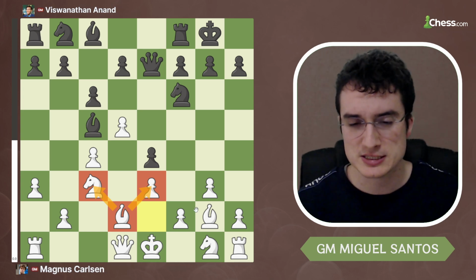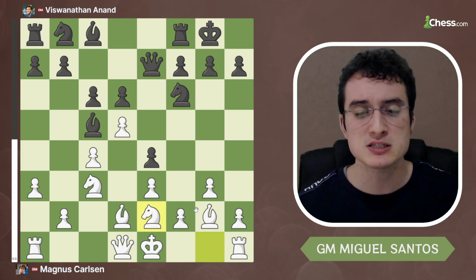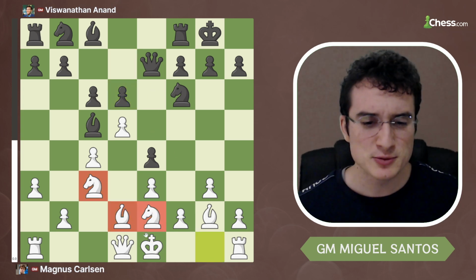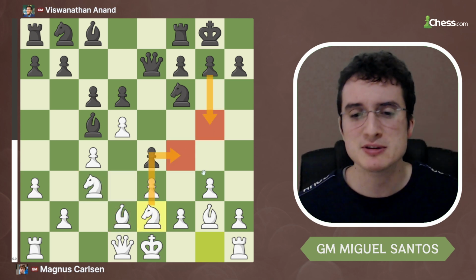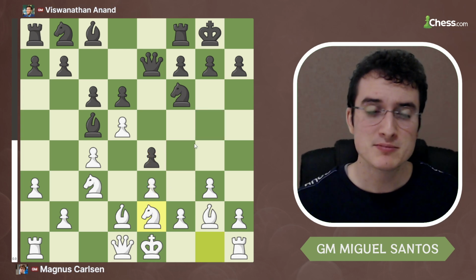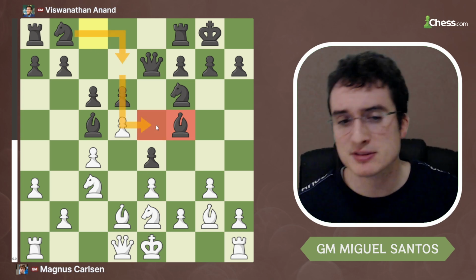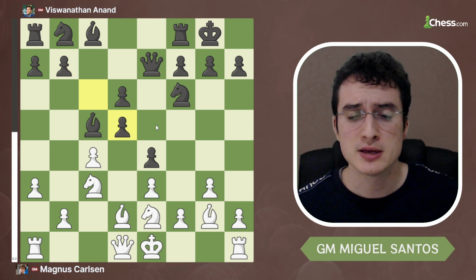So Vishy continued with d6, just trying to develop pieces, and knight g2 happened from Carlsen. We have this problem here that we cannot use this square. If we go here, maybe he can even push the knight out from f4 with some d5, but instead of just developing the pieces with bishop f5, knight d7, knight d5, Anand decided to take quickly on d5, and